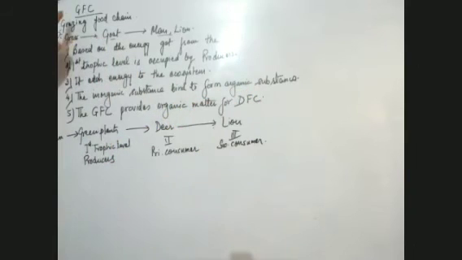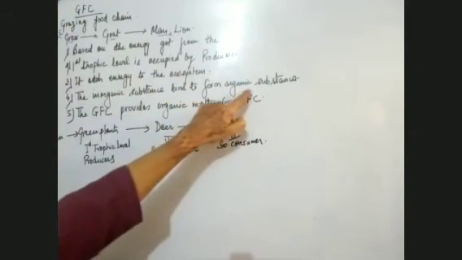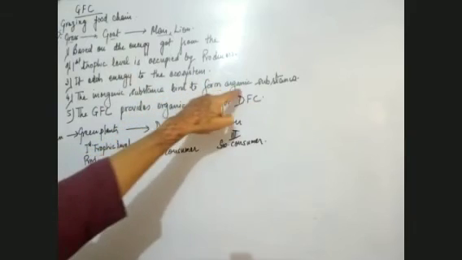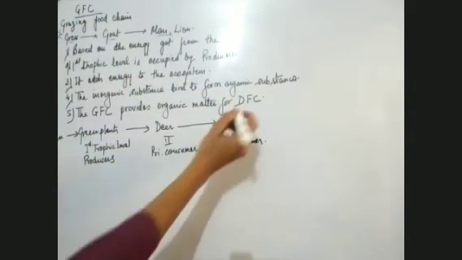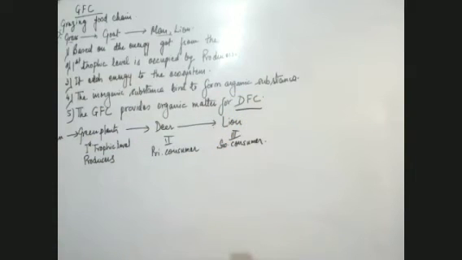That means what is formed as a result of the grazing food chain? Organic substances. Now these organic substances are the food for another food chain, which is DFC, the detritus food chain. Yesterday I told you the example of the detritus food chain. The example I gave was